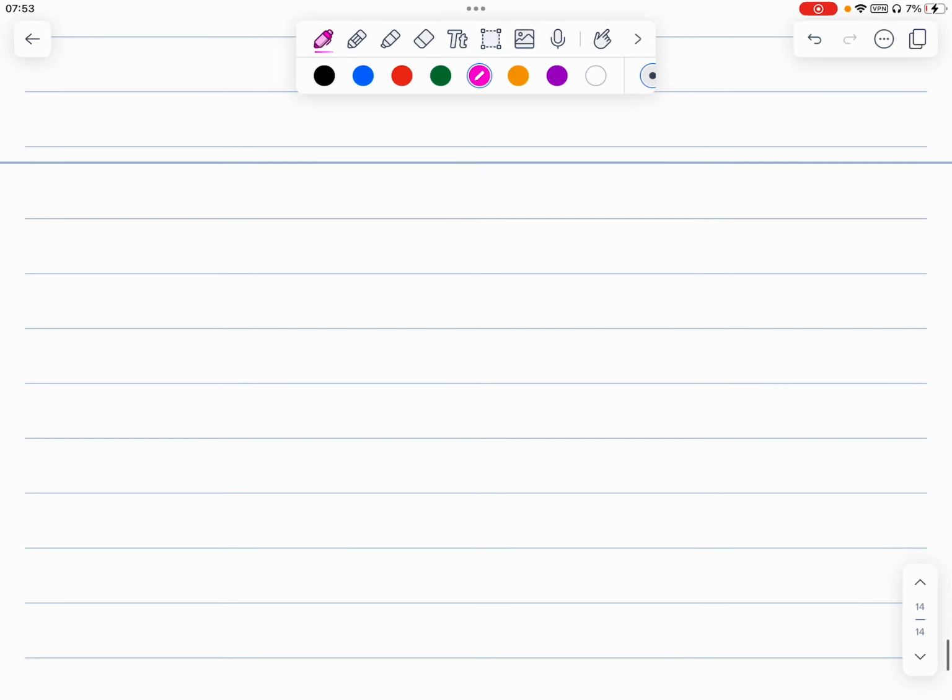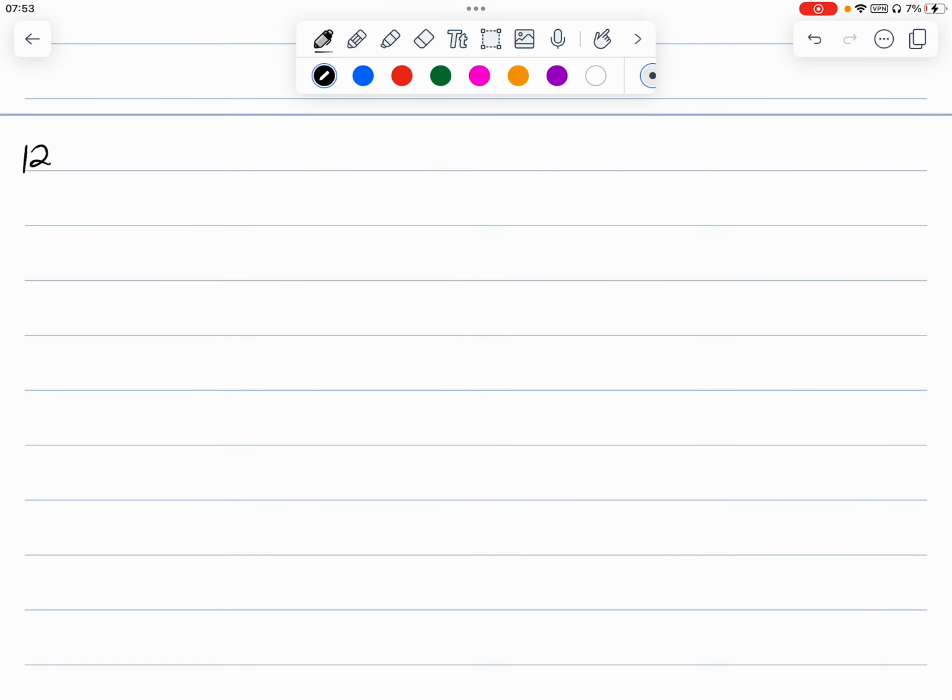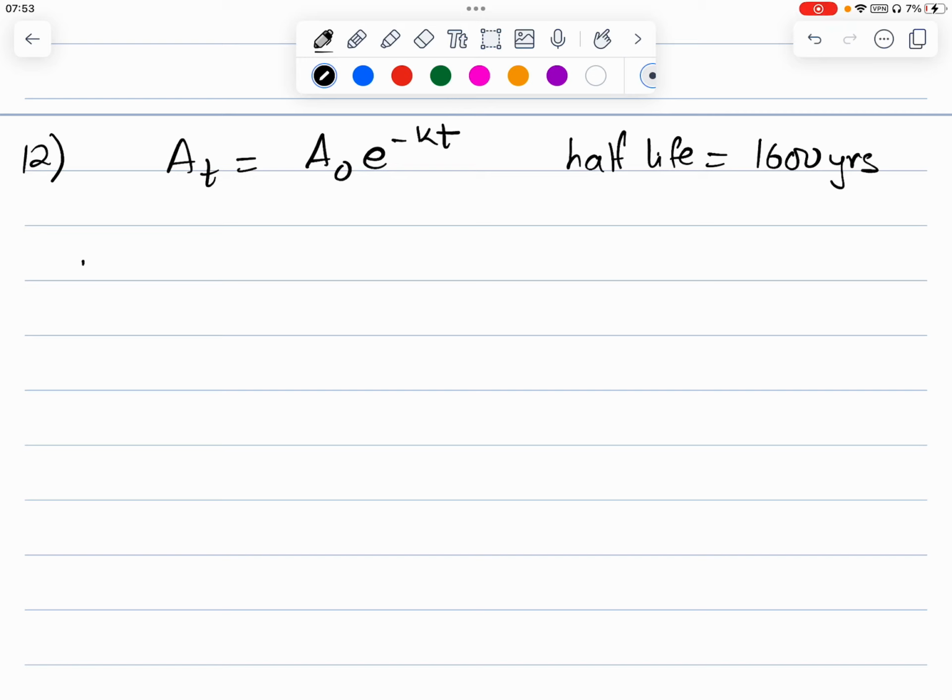Now question number 12 is again based upon radioactive substance. This time the equation is A(t) equals A naught e power minus kt, and the half-life is already given as 1600 years. Next, he is asking us to find, in part A, k. Find k in 3 significant figures. And part B,